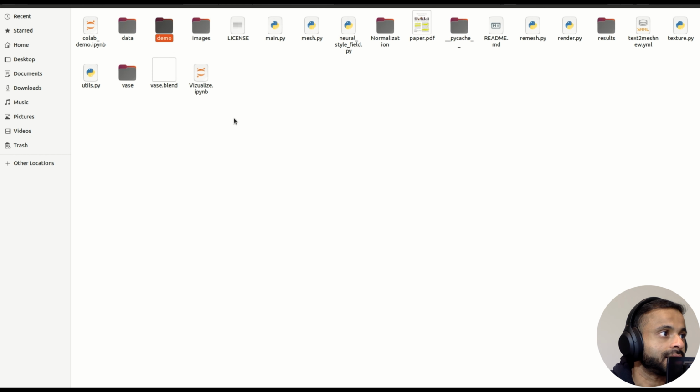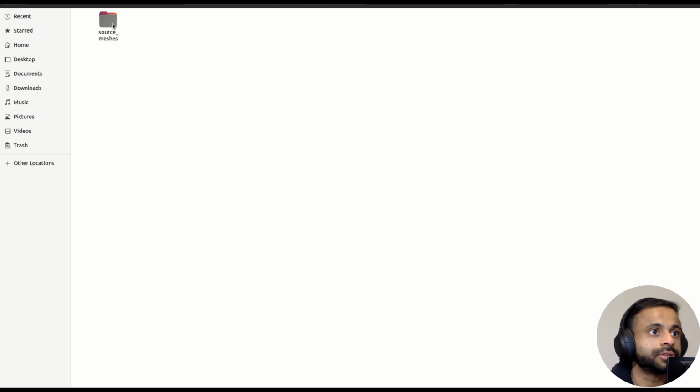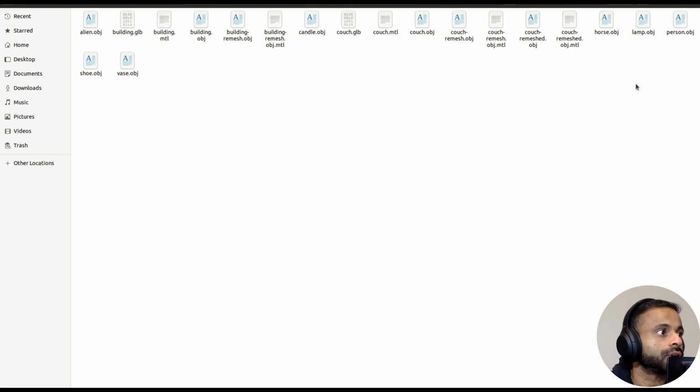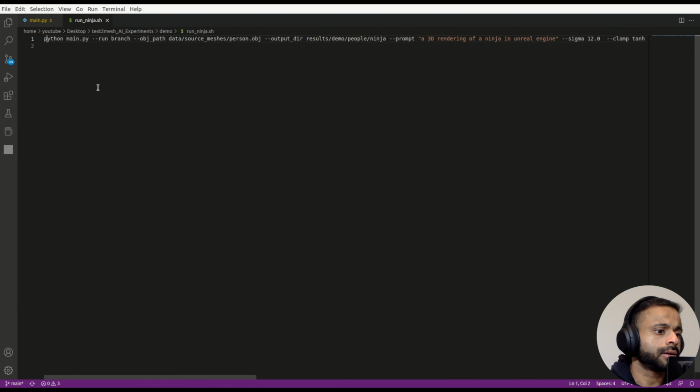If you go inside data, source meshes, you will be able to find person.obj. And of course, we don't have an MTL file for it, because we don't need an MTL file to run text-to-mesh. So what we can do is we can copy the whole thing from here,